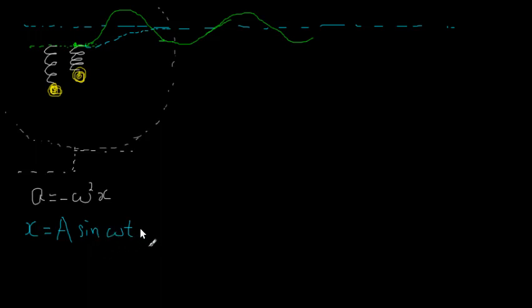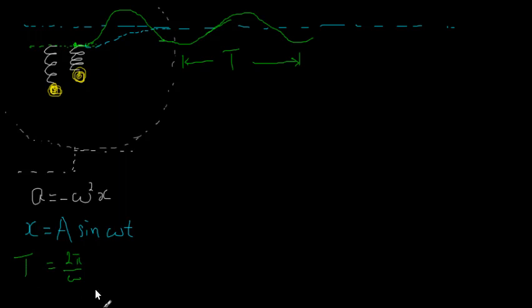Sine is just one possible solution. It can be cosine, or I can have some other numbers added to the t in these arguments. Now, which part of this is related to the frequency? It is the omega. If you remember from an earlier session, the period, meaning the time for one oscillation, the time for one cycle, is usually written as capital T. So this period is equal to 2 pi